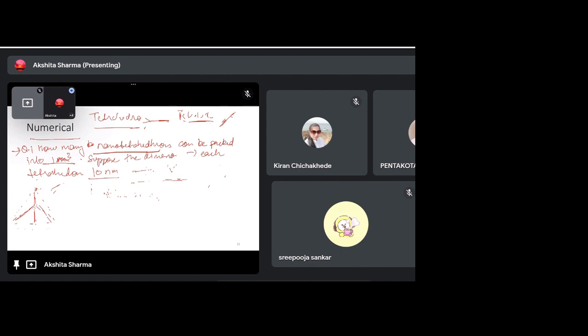So this is the base over here, and this is the height. Area of the base is 10 into 10 nanometer, and the height of the tetrahedron is root 6 by 3 into 10. So the volume which will be coming out will be equal to,